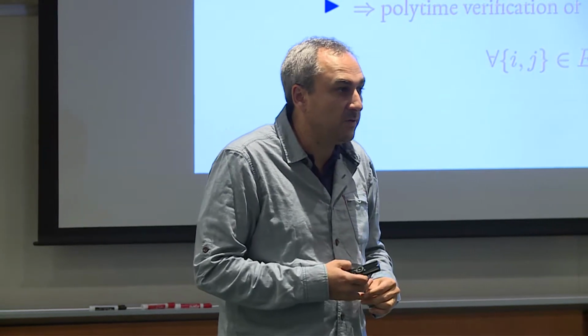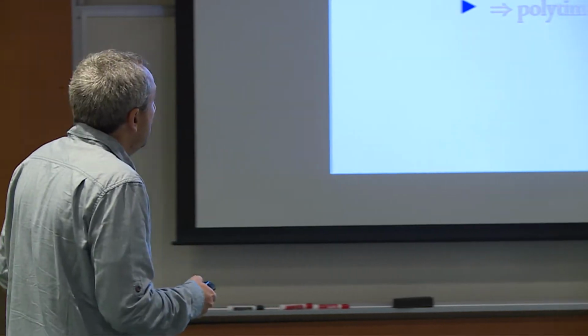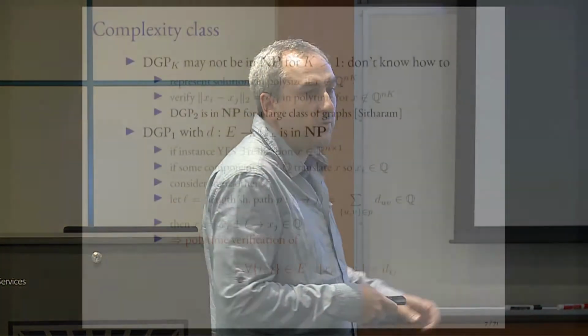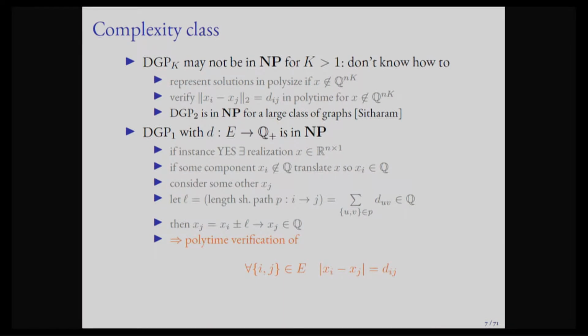They may be irrational numbers, algebraic numbers in fact, because this problem is about solving a system like this one, with squares here. So this is a quadratic system of equations, and the solutions you might get are algebraic numbers. There are some finite representations of algebraic numbers, such as their minimal polynomial